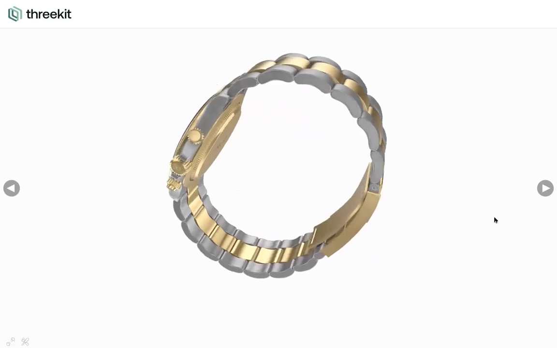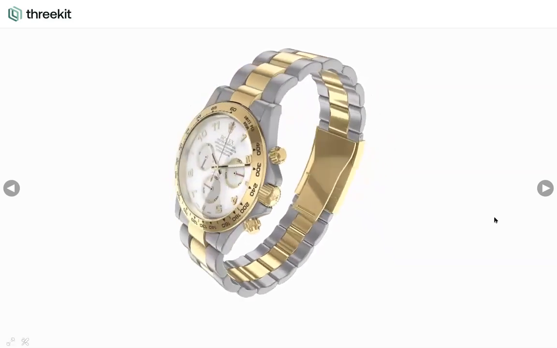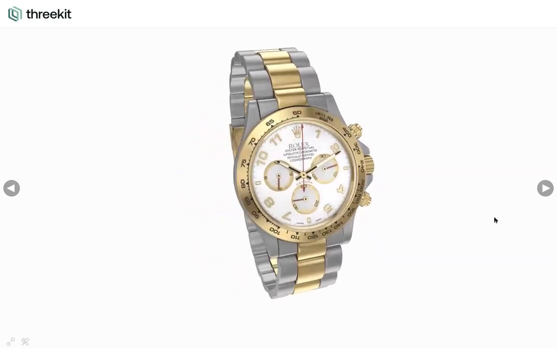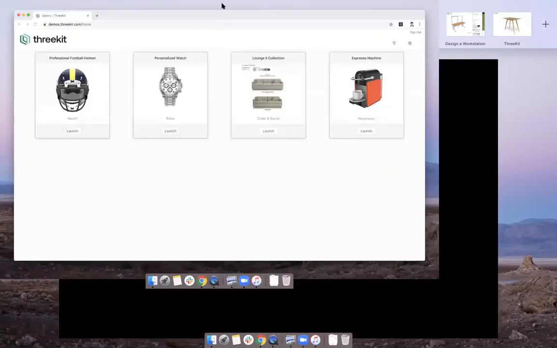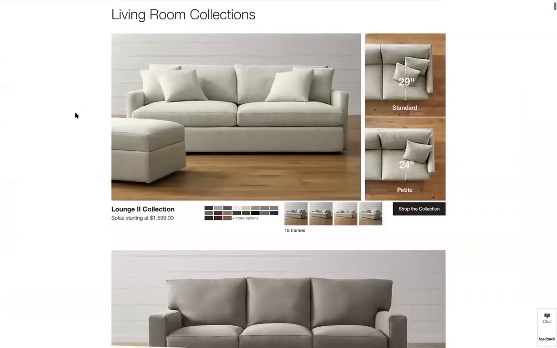But what I want to do now is walk us through the buyer's journey to show how these visuals can begin to impact different areas of the business. So I'll go over to Crate & Barrel. This is one of our customers. Now, what you'll notice here when I go to Crate & Barrel's site is we have a